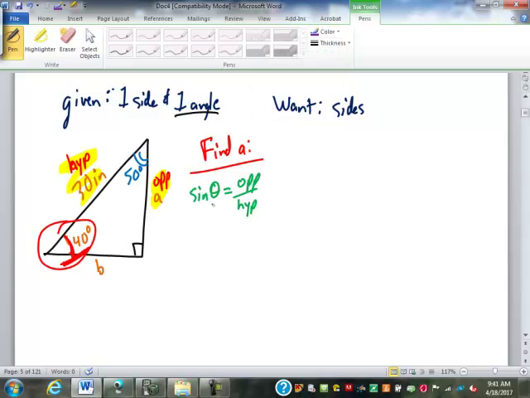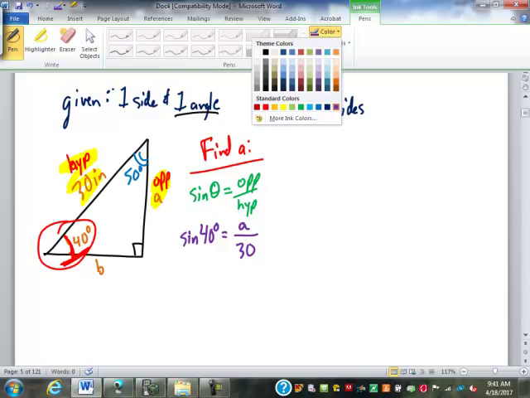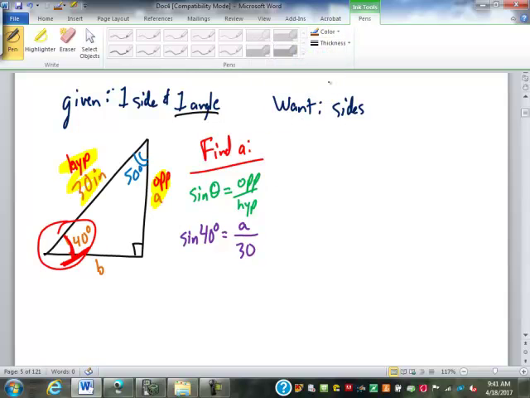Now I fill in what I know. I know the angle, so I put 40 degrees in there. Do I know the opposite side? No, that's side A. That's what I'm looking for. Do I know the hypotenuse? That's the 30 inches. So when I am looking for a side,